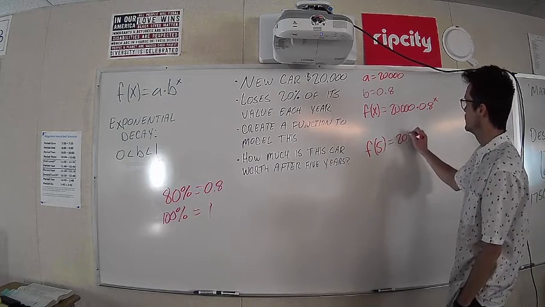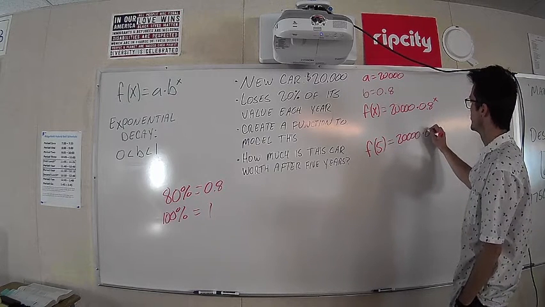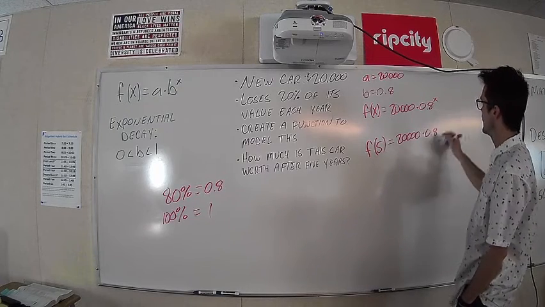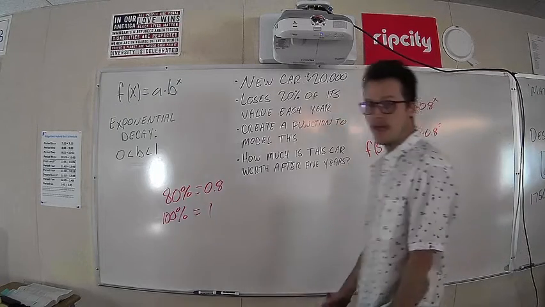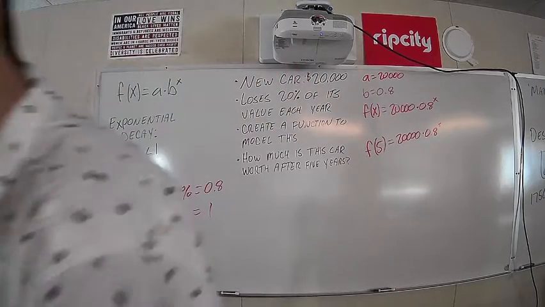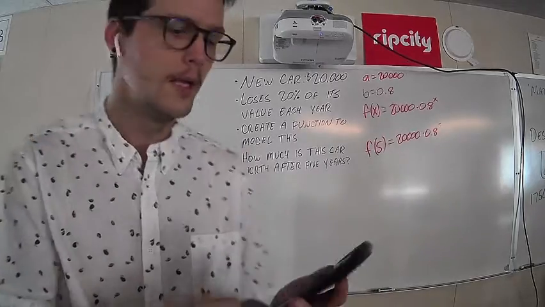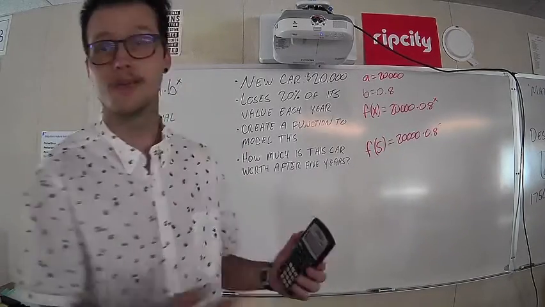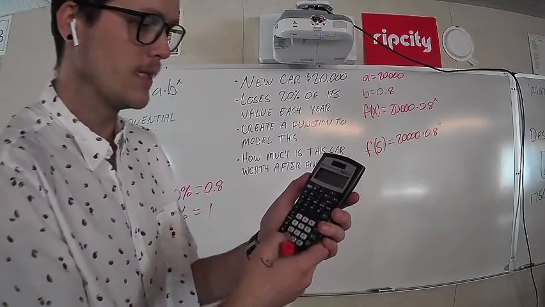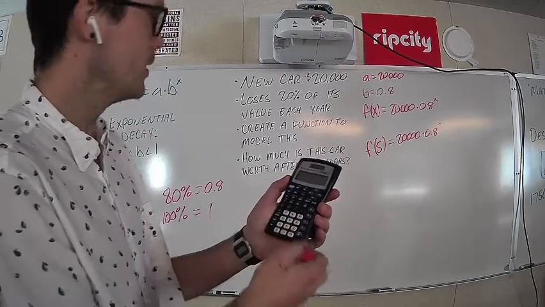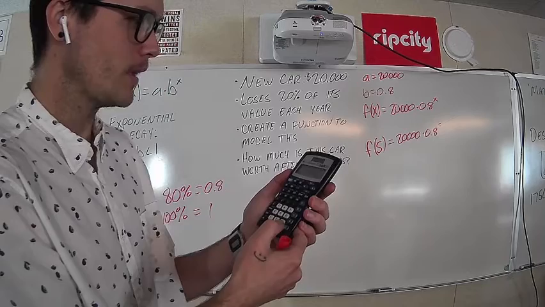So 20,000 times 0.8, but now we're evaluating for 5, so we're going to replace the x with a 5. I don't know what the answer is here, so I'm going to bust out my calculator. I hope you do as well. Remember in PEMDAS, I'm going to do my exponents first. So 0.8, then I'm going to press that caret button to the 5th power, and I'm going to get this number,